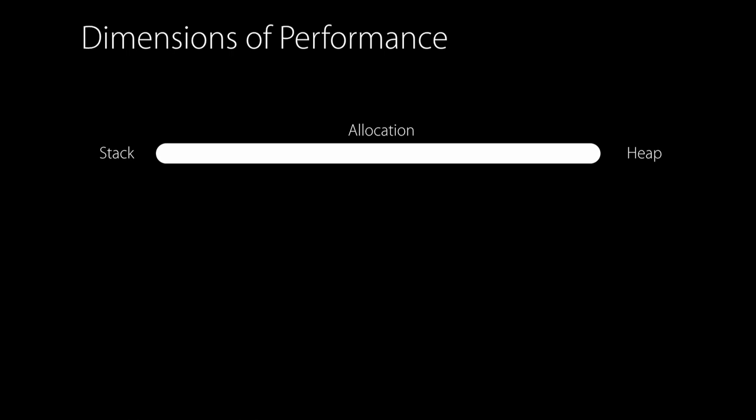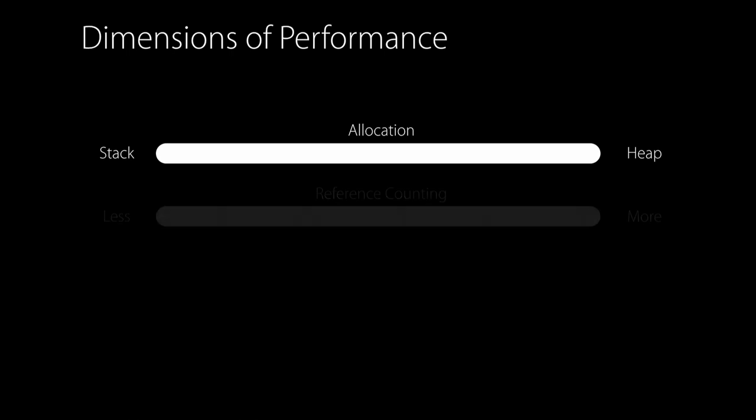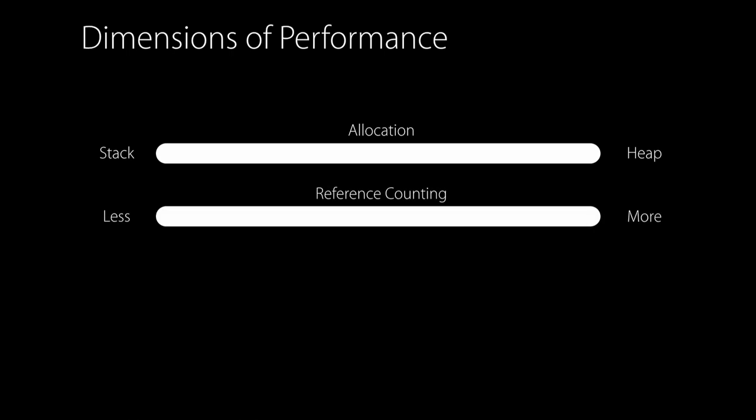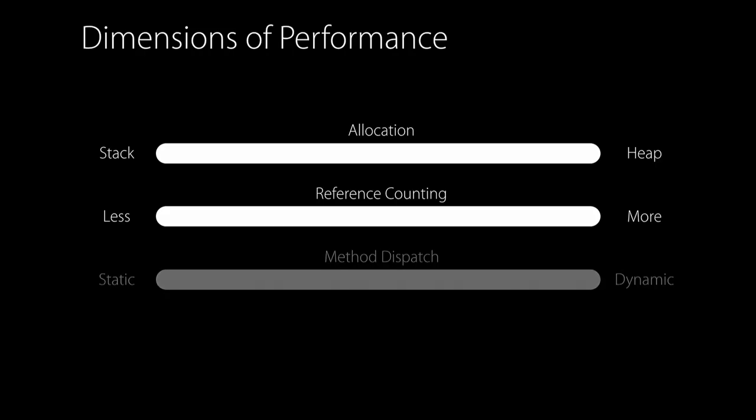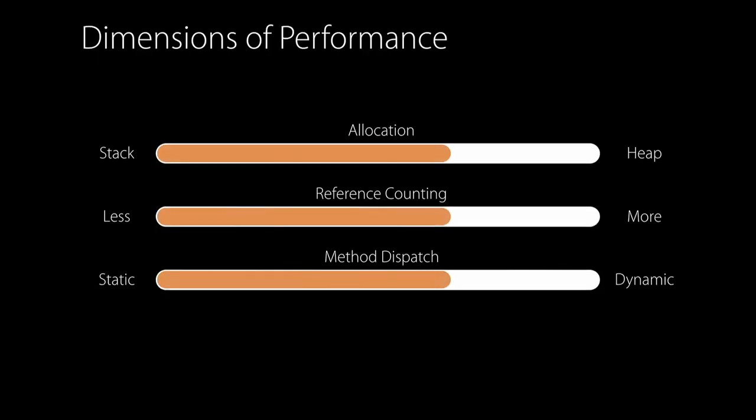So, when you're building an abstraction and choosing an abstraction mechanism, you should be asking yourself, is my instance going to be allocated on the stack or the heap? When I pass this instance around, how much reference counting overhead am I going to incur? When I call a method on this instance, is it going to be statically or dynamically dispatched? If we want to write fast Swift code, we're going to need to avoid paying for dynamism at runtime that we're not taking advantage of. And we're going to need to learn when and how we can trade between these different dimensions for better performance. All right, we're going to go through each of these dimensions one at a time, beginning with allocation.